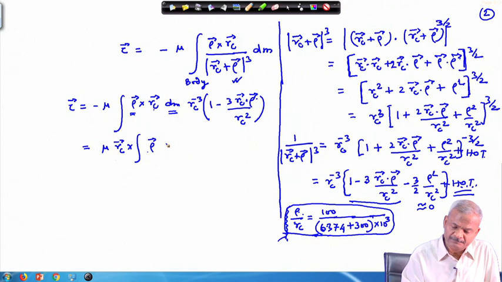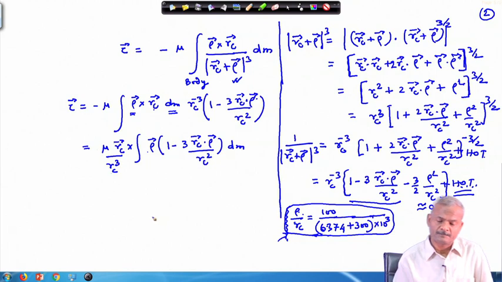So, here we have, similarly we can take here from this side the RC cube, one minus 3 RC dot rho divided by RC square dm. So, this RC we have taken outside, cross we have taken outside, this rho is here, this term we have picked up from this place to this place, and this dm appears here in this place.